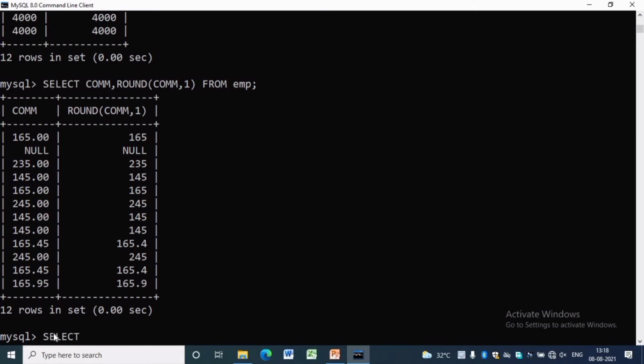Suppose we want to record the date of joining of each employee, we can use the NOW function. Select star, NOW from EMP will give all records as well as the date of joining of each employee.